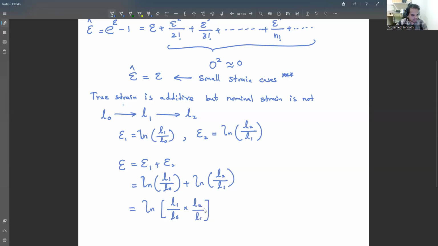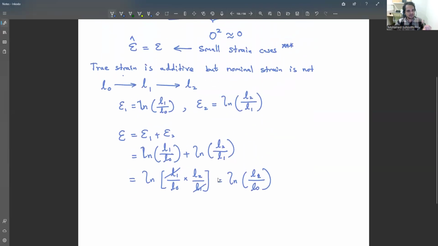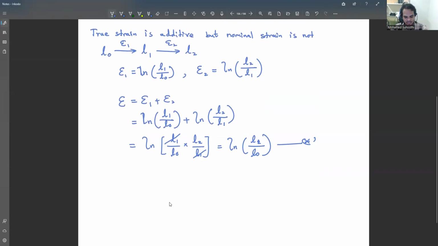Now these two cancel out, so that means ln of L2 over L naught. So this is the meaning of additive. That means if I directly write the final stage, the total strain, I will get the same thing. If I sum up the intermediate strains, I will get the total strain in the case of the true strain. But in case of nominal strain,